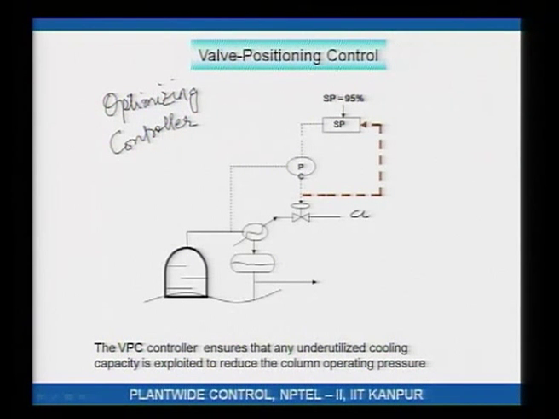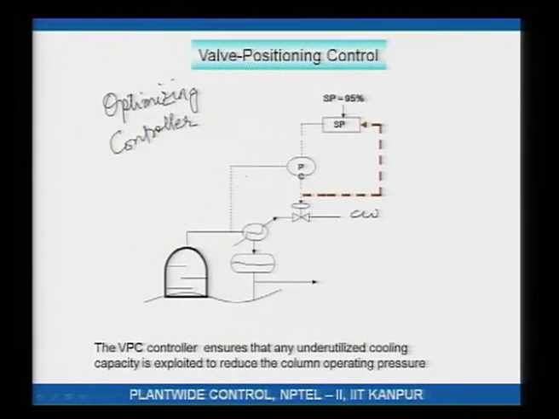Ordinarily in distillation columns, what you have is the hot vapor is condensed in the condenser using cooling water, okay. So, if the pressure of the column is increasing, that means more vapor needs to be condensed. What you would do is you would increase the cooling water flow, and therefore, condensation rate would go up and the pressure will get back down.